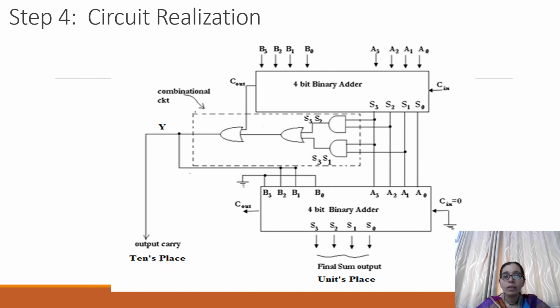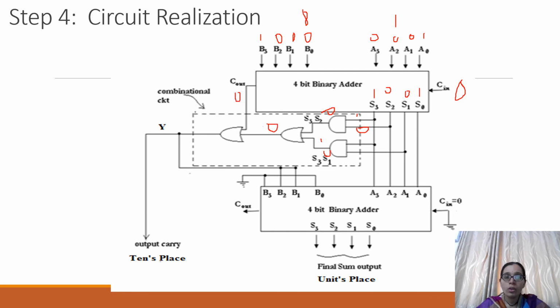Let us revise. I will quickly tell you one example. Suppose we are having the input as anything that you want. Suppose 1, 0, 0 and 0, and here 8 plus, suppose we are giving here 1. So this is 8 and this is 1. What will this adder do? 8 plus 1, the result is 1, 0, 0 and 1, that is 9. Cin we are assuming 0. So 1, 0 gives output 0. Here again 1 and 0, output will be 0.